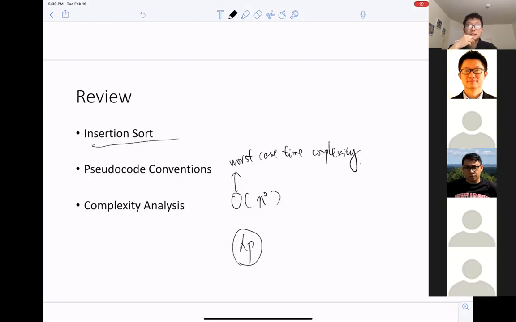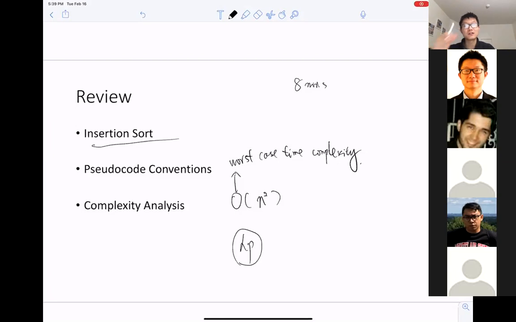So if you have already finished, how long does it take? 8 minutes. It took me 8 minutes, because the values were in 100,000s. No, I don't mean how long is the algorithm. I mean, how long does it take you to complete the homework?